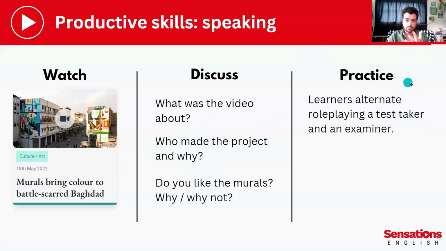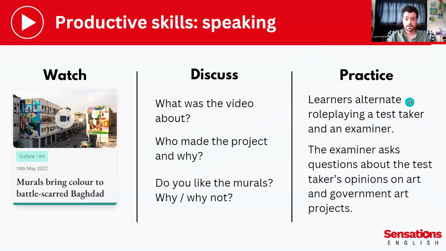And then I would make them practice something for the test. So I would get my learners to alternate role-playing a test taker and an examiner. And you could do this in a sort of IELTS speaking part 3 idea, having the examiner ask the test taker about their opinions on art and government art projects, right?